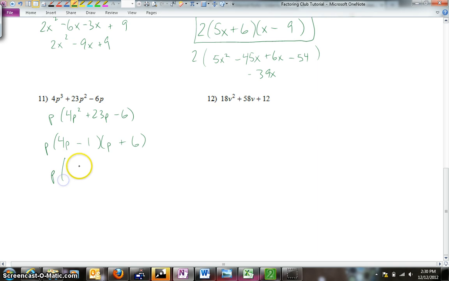So it would be 4p squared plus 24p minus 1p minus 6 when I FOIL all this out. The 24 minus the 1 is 23p, just like we were looking for. So that's the one we were looking for. So we are going to go ahead and box